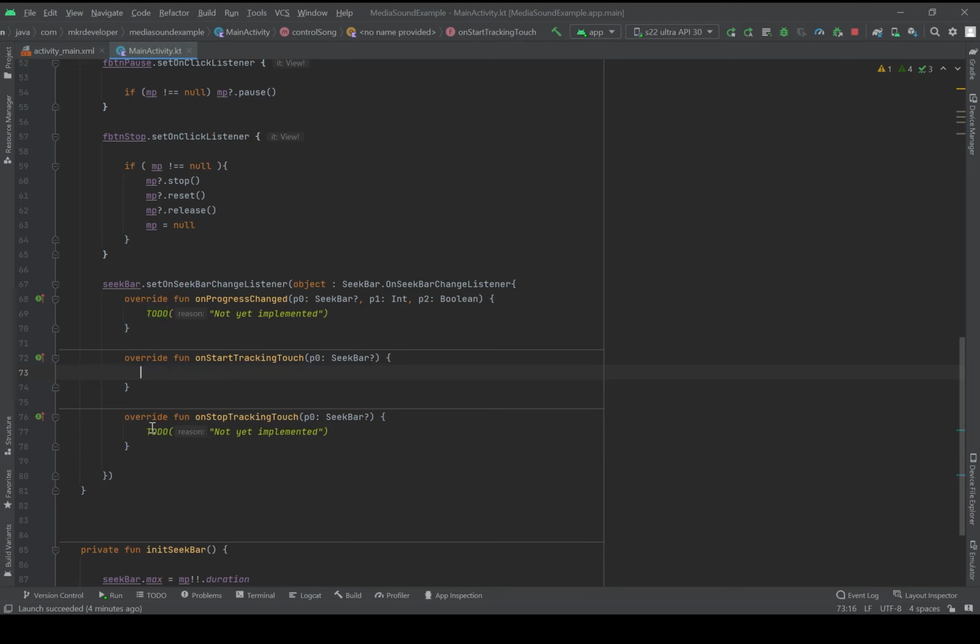This one we don't need, and this one also we don't need, but this one we will